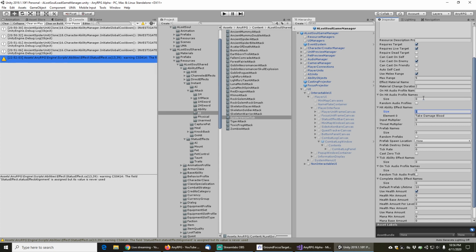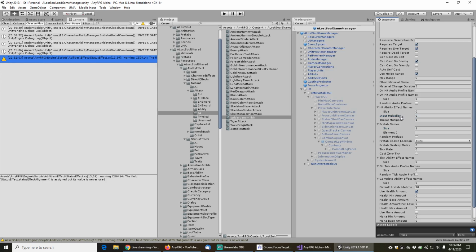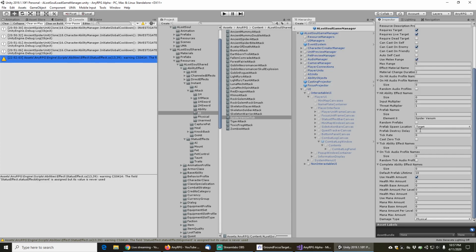We won't have any hit ability effects. It will have one prefab, and we're going to call that prefab Spider Venom, and we'll make that one in a little bit here. The prefab spawn location will be on the target. The prefab destroy delay will be 0. And the damage type will be ability,